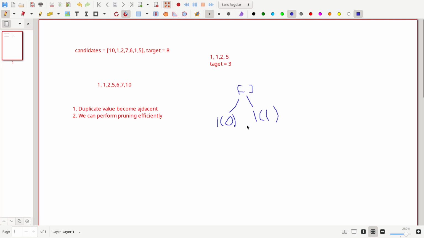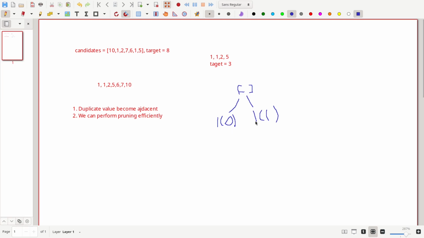Notice that both branches start with the same value, which is 1 itself. If we explore both branches, they will generate identical combinations. So we only need to